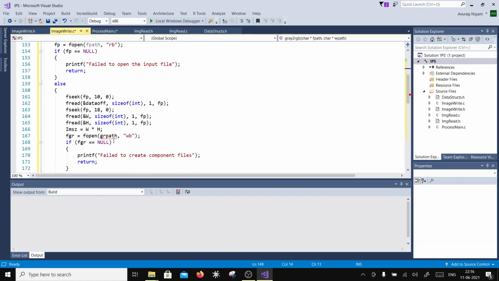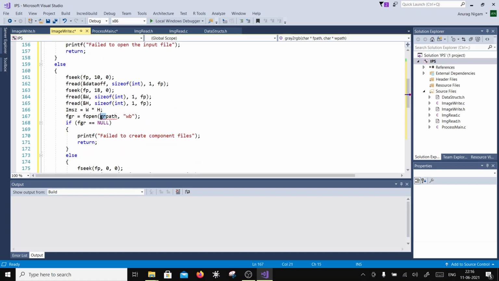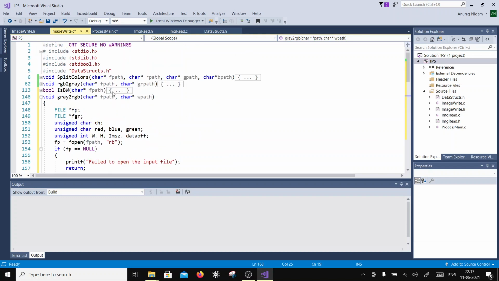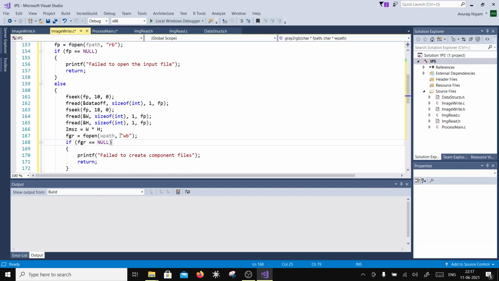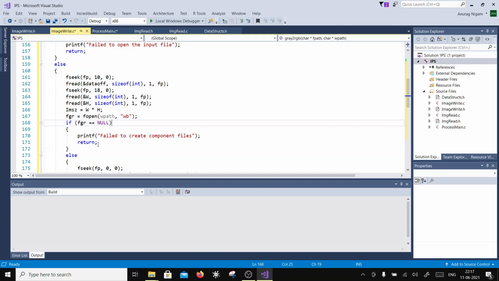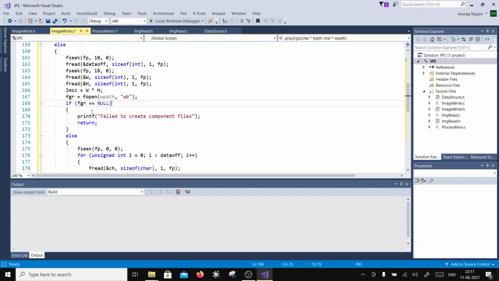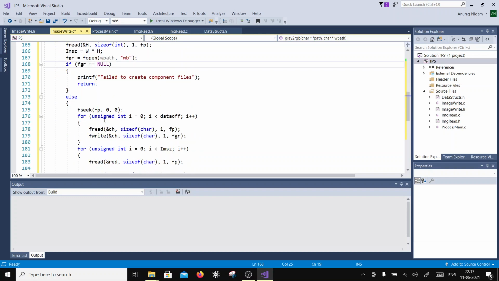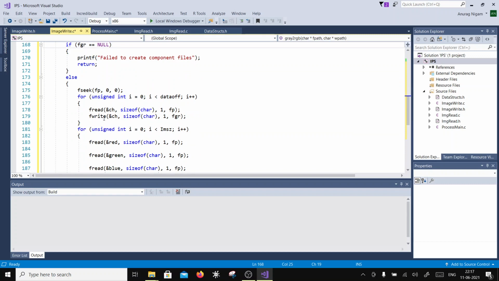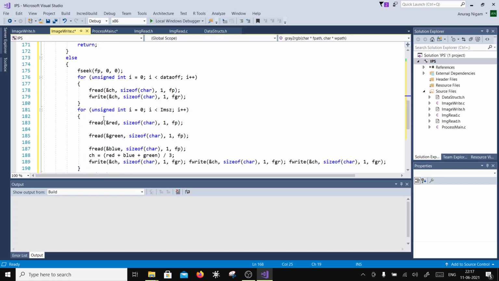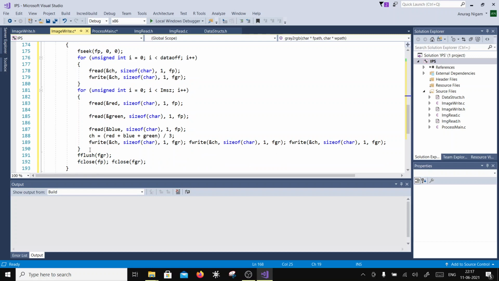And then here I'm going to open the write mode path, that is called w path here. So I'm going to open that, and if it is not opening, then it says failed. Otherwise I am going to put this to 0, and here I'm going to do something. Okay, so here I'm copying the header as is, right? And here I am saying